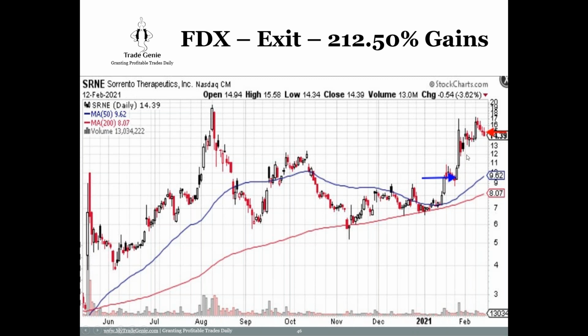I should have gotten out here. Then the very next day, it made a big bar. And if I look on the left side, this is where the sellers are, right? I should have gotten out the next day, but I overlooked it, maybe was doing something else, got busy, and then saw this move and finally exited here. But the gain was 212%.